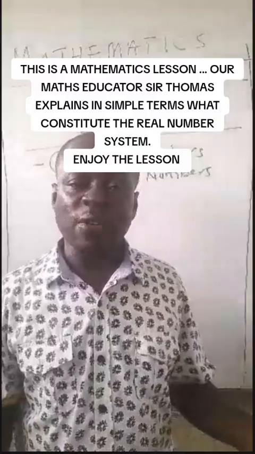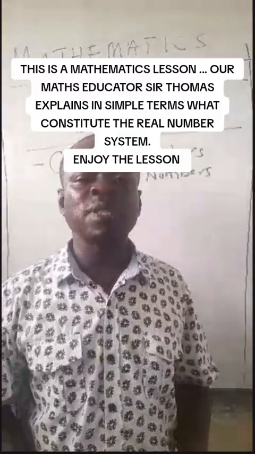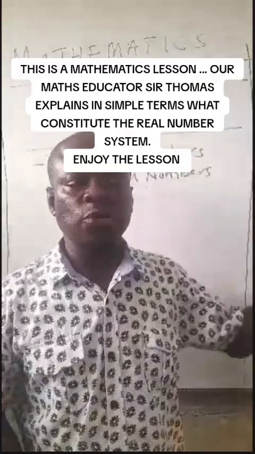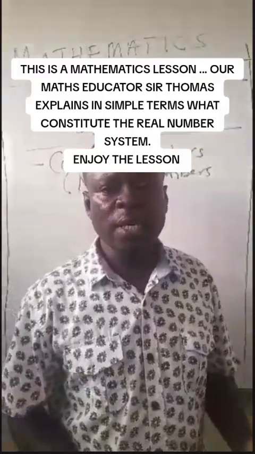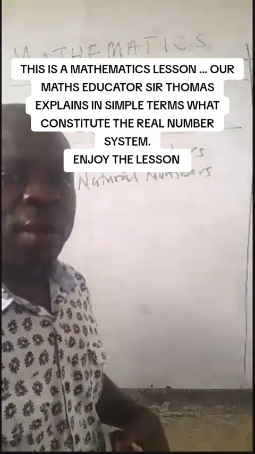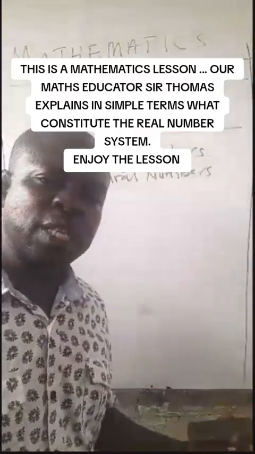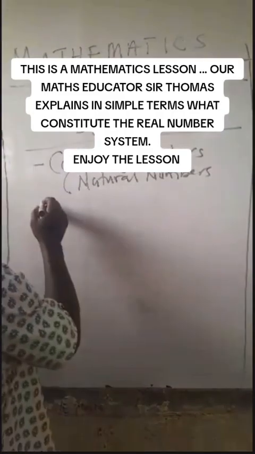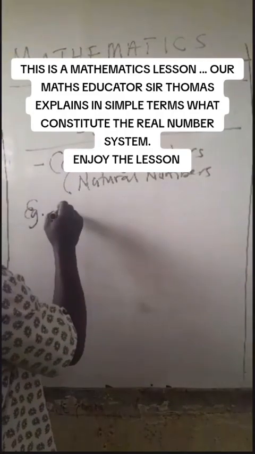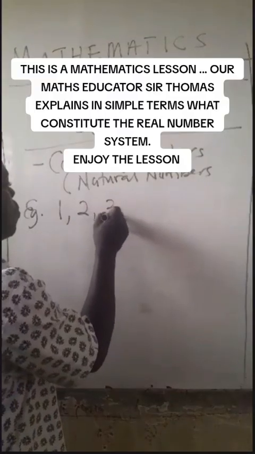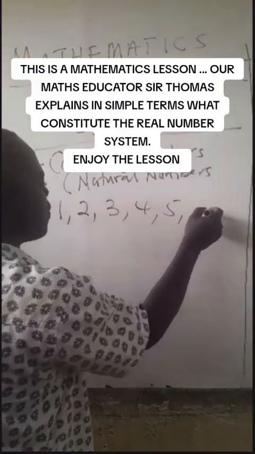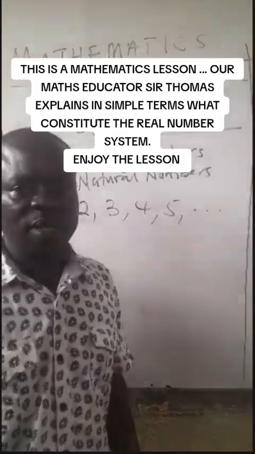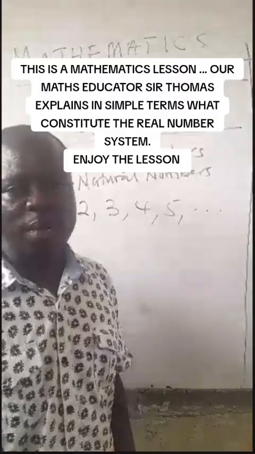Of course, we don't start counting from 0. All counting begins with 1. And so 1 upwards: 1, 2, 3, 4 to infinity. That makes up what we call the counting numbers. And because it comes naturally, it is also known as natural numbers. So you have counting numbers. Examples start from 1, 2, 3, 4, 5, and so on. This is a set known as counting numbers.